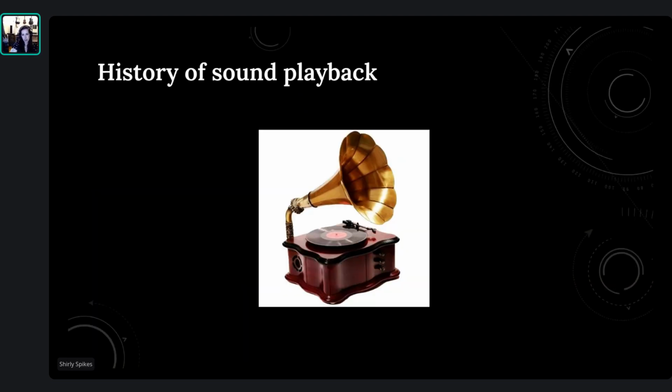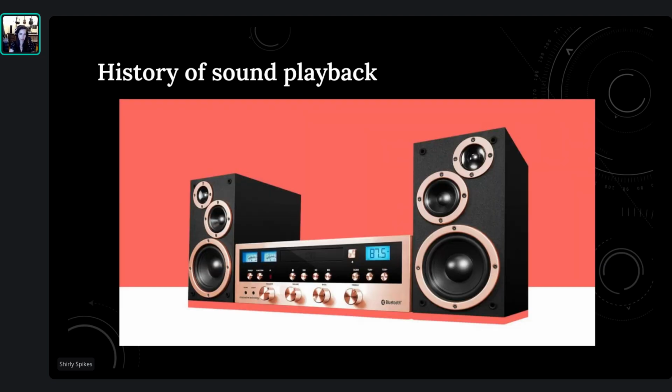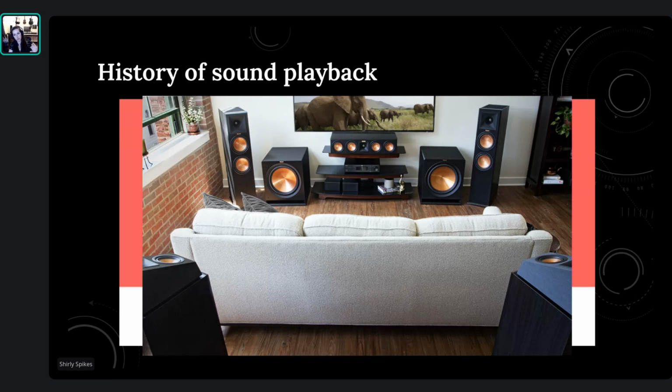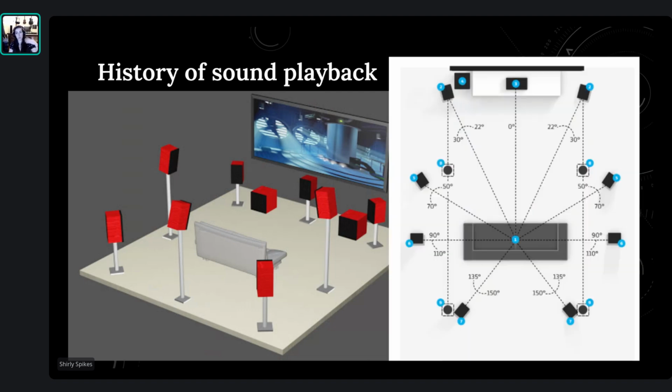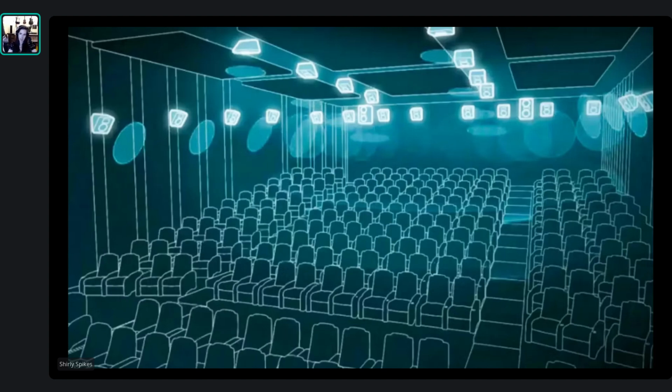So for that, let's go over a little bit of the history of how we used to play sound. What type of technology did we use to mimic the way that we're hearing sound? So the first one, pretty straightforward. This is mono, and from mono we moved to stereo, and from stereo we moved to surround systems that have a little bit more depth to them. And surround systems can look sometimes like this and sometimes like this, and it can get really, really complex with 5.1, 7.1, 9.1.2, and all the way up to a Dolby Atmos studio that has encapsulating,